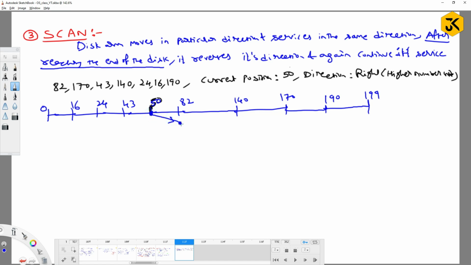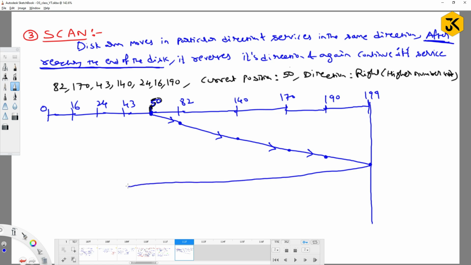82 satisfied first, then 140 satisfied, then 170 satisfied, 190 satisfied. Will it change its direction? No. The algorithm is clearly saying that it will move until the end of the disk. This algorithm will move until the end, then it will move back and try to solve the remaining requests,